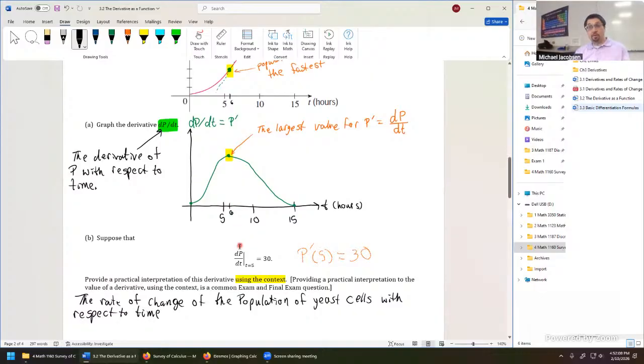So that's just reading out what this is. It's the derivative, but we can call it the rate of change. But if we're going to say exactly what it is, notice the derivative, its value changes with time. So we have to mention the actual input. So let's say here, at 5 hours